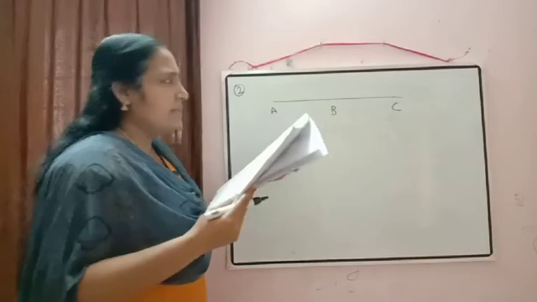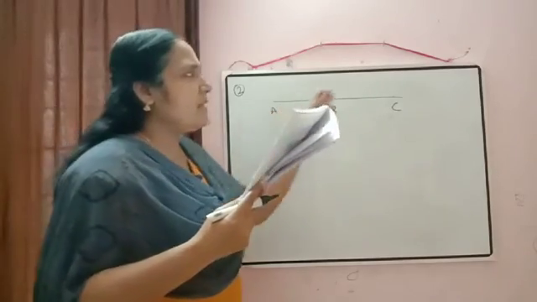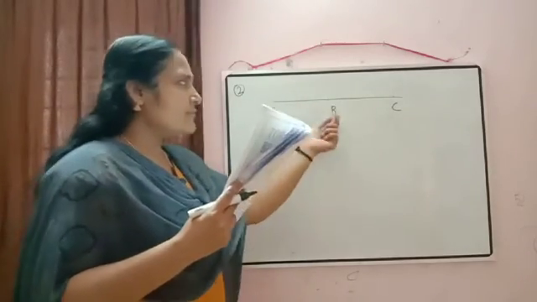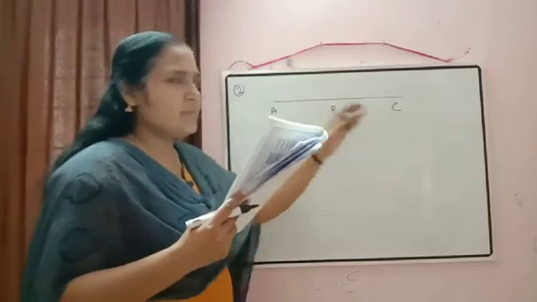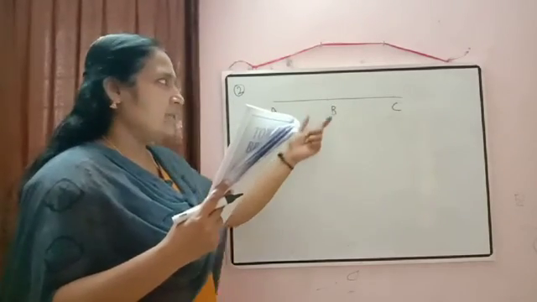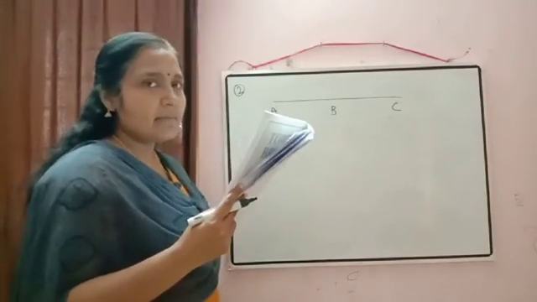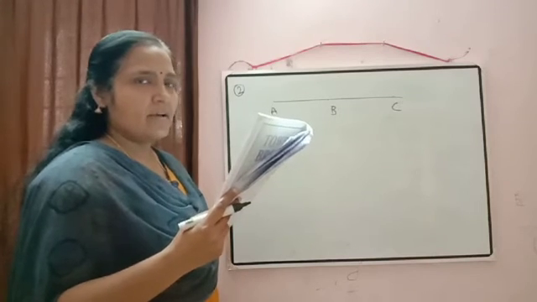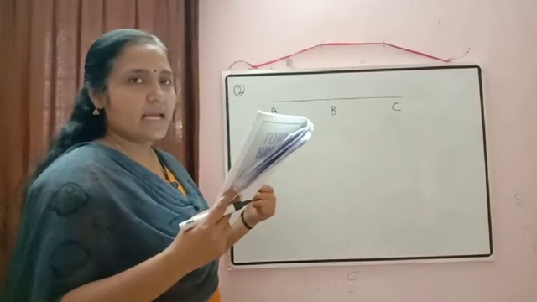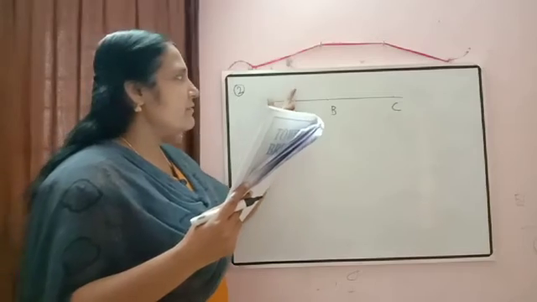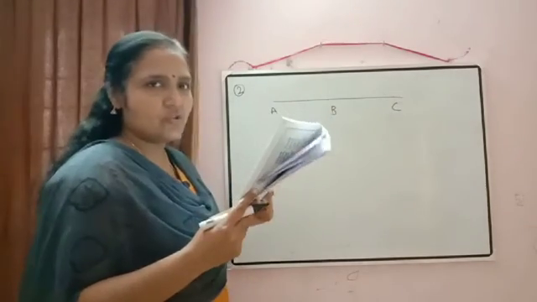At present I have taken B in between A and C. So if the point B is in between A and C, then it will divide A and C in some ratio. Okay, so first we can check the ratio, and we take the ratio as k:1